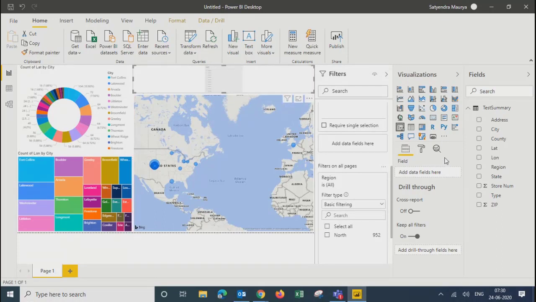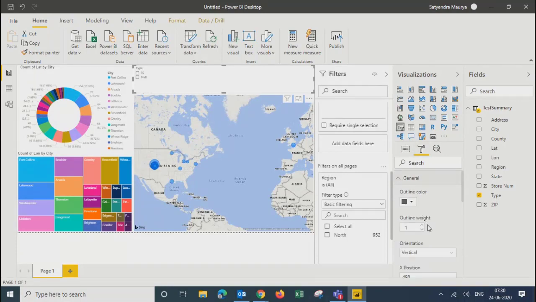Over here I have type. Okay, let's see what is there in the type. Two values are there, FS and mol. Okay, let's take that only. I'll change the type of slicer. So maybe we can take vertical, sorry, horizontal. So this is how it will appear.